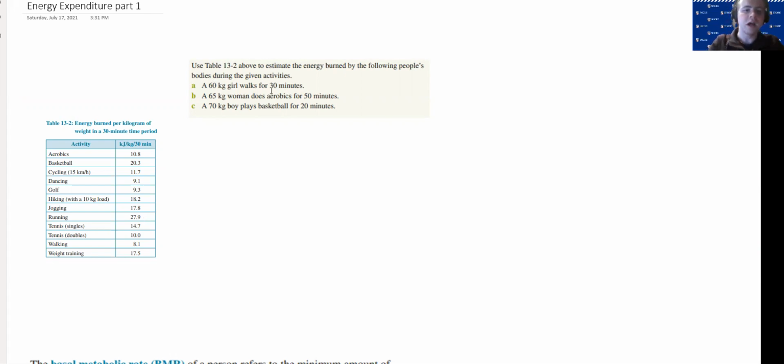So for this part A, we have a 60 kilogram girl walking for 30 minutes. Now, if you notice, this is what we need to be able to do, is notice the information and the form that's given. We've got kilojoules per kilogram per 30 minutes. Okay, so the amount of kilojoules in 30 minutes is going to be 8.1 for walking. And then it's 60 kilograms. So that means we have to multiply this by 60